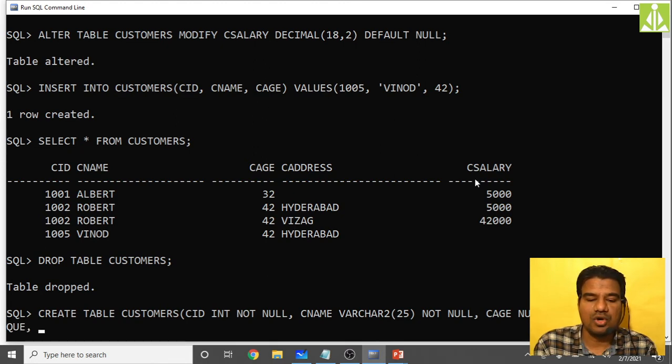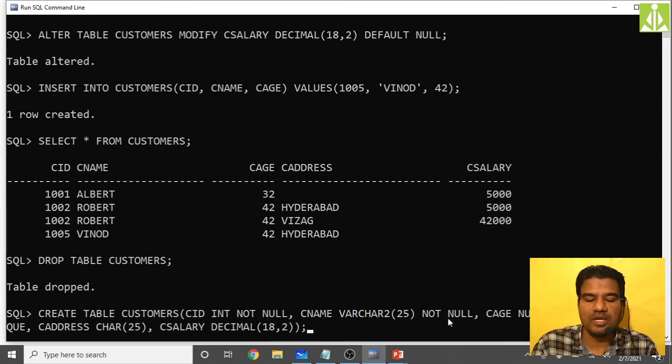And the fourth column, C address, character of 25. Then finally C salary decimal of 18 comma 2, close it, and put the semicolon at the end.